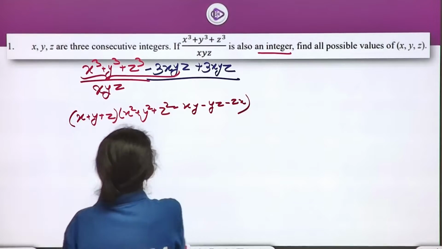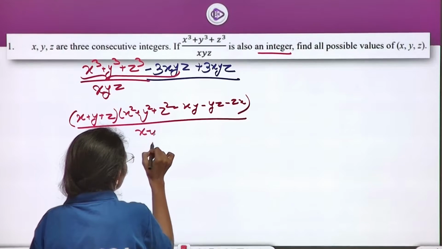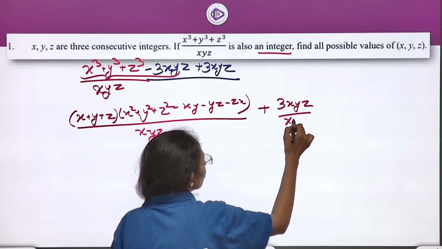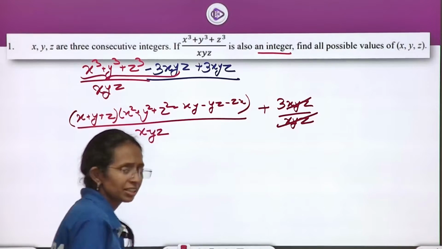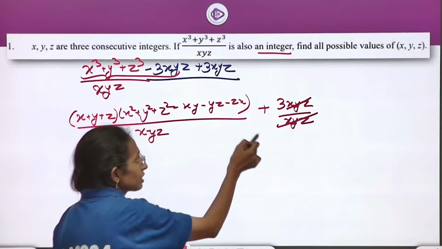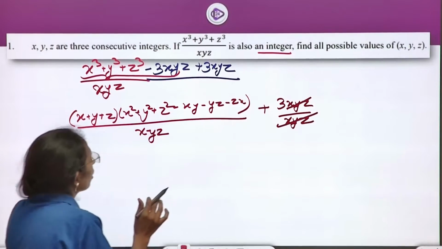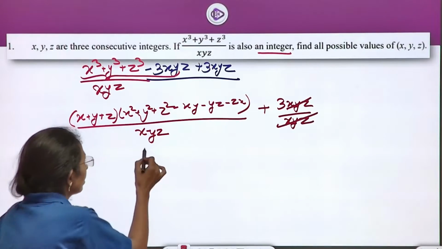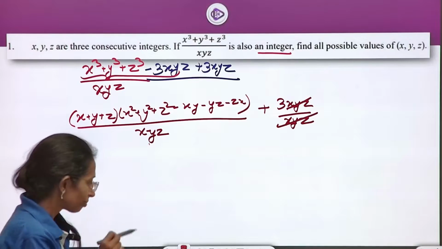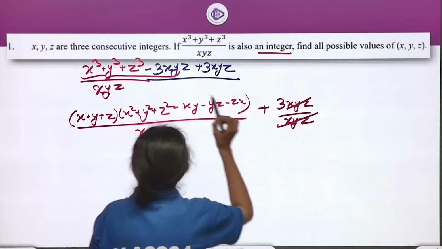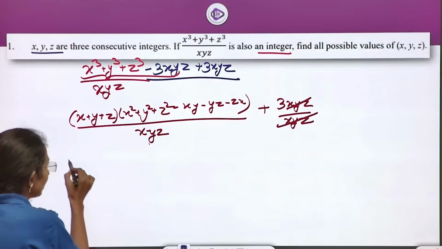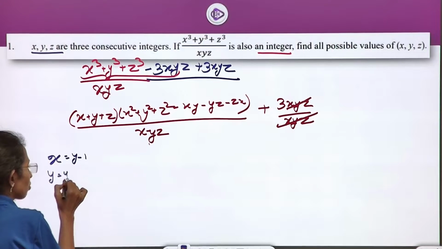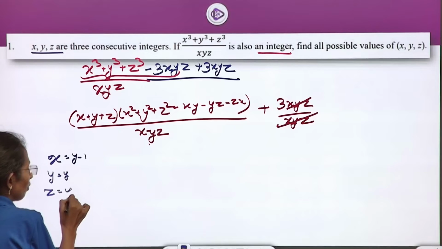Okay, and then upon xyz, and again 3xyz upon xyz. xyz and xyz get cancelled out, so this is giving us 3, which is an integral value. Now for x cube plus y cube plus z cube upon xyz to be an integer, this term should be an integer. Now let us assume that x, y, z are three consecutive integers, so assuming x to be y minus 1, y equals y and z to be y plus 1,